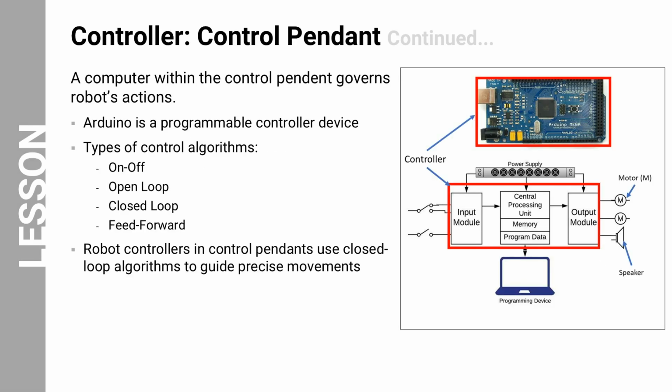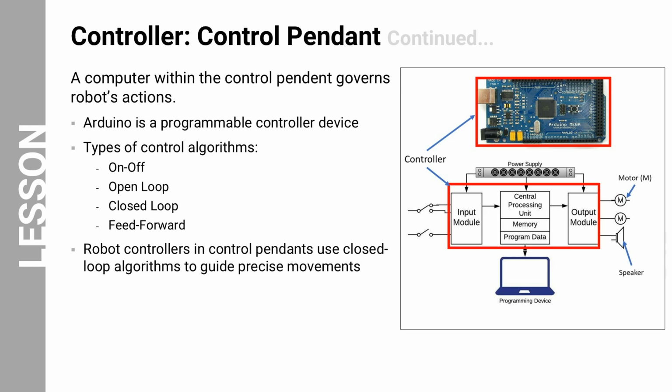Let's look at a high-level overview of the control aspects of the robot. The controller is a computer within the control pendant that governs the robot's actions and executes various tasks. The image shows an Arduino board as an example controller. This integrates several key components: a central processing unit with memory and program data, input-output modules, and connections to actuators